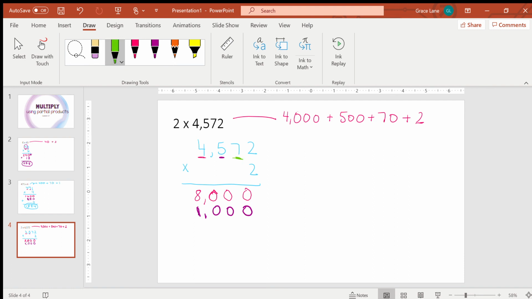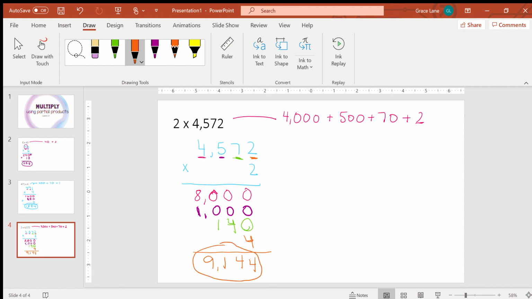This 7 is 70 times 2, which is 140. And then the last one, 2 times 2 is just 4. Add everything up. 0 plus 0 plus 0 plus 4 is just 4. 0 plus 0 plus 4 is 4 again. 0 plus 0 plus 1 is 1. 8 plus 1 is 9. So the final answer is